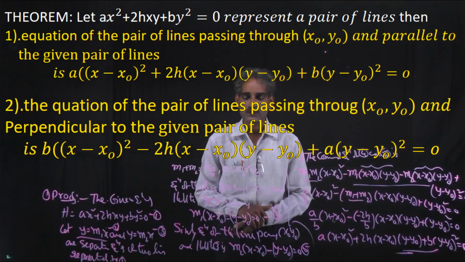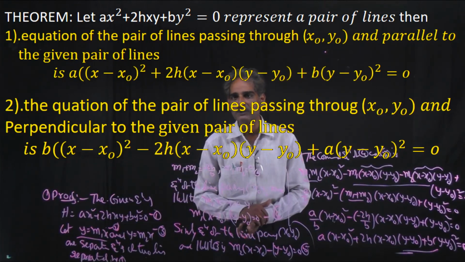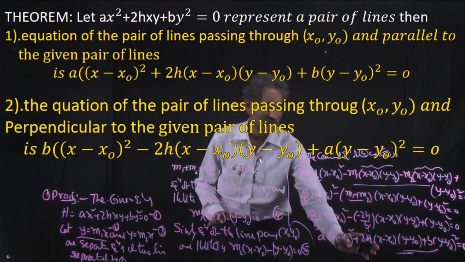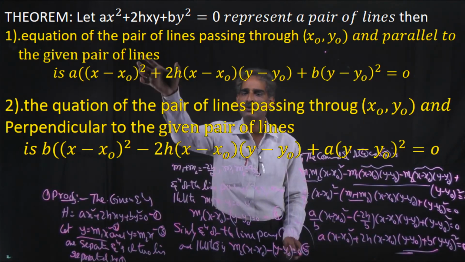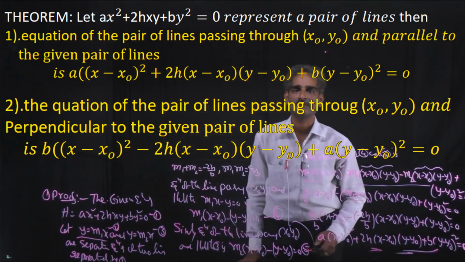Understand? So this theorem is not important. The proof of the theorem is not important. The result is important: the equation of the line passing through (x0, y0) and parallel to this line is nothing but this one. Okay, so